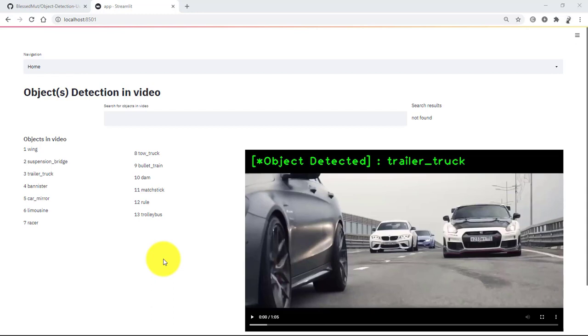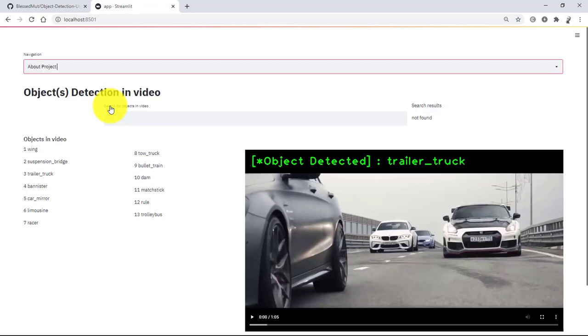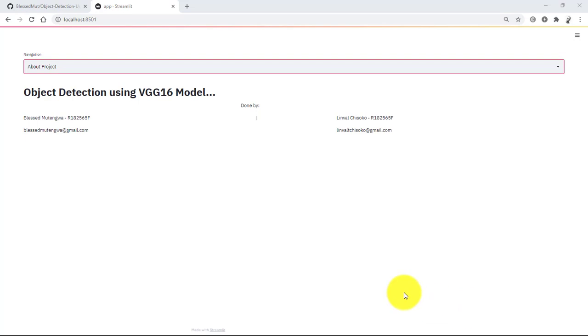Right. So from our dashboard, we have three panels. The first one is the home. Then the second one is the user upload dashboard, where a user comes and uploads their video that they may want to identify objects from. Then the last one is about the project. On the about page, we have the names and contact details of the individuals who have contributed to